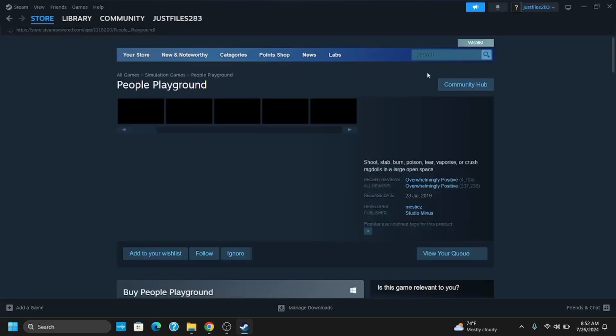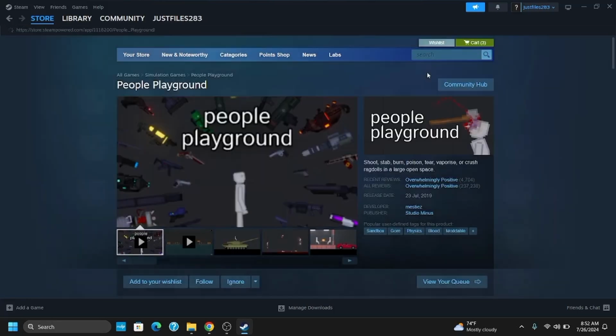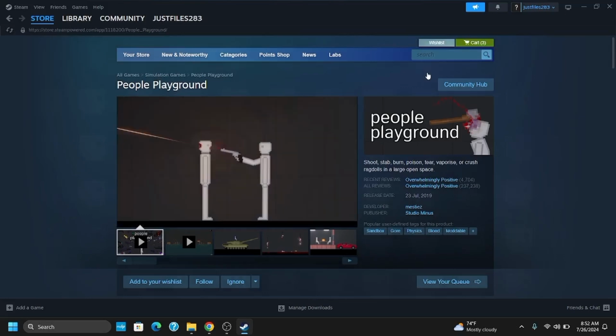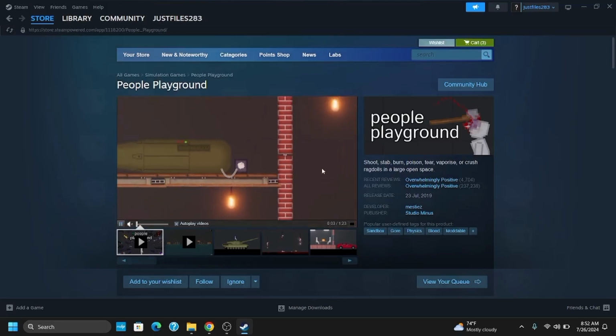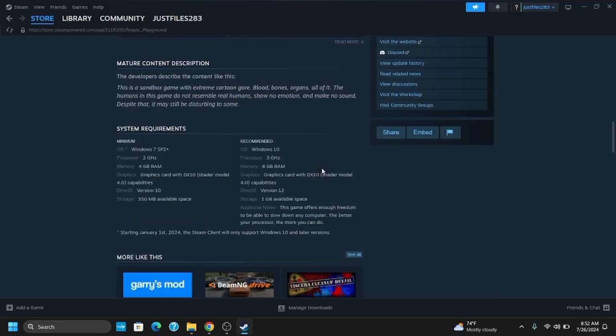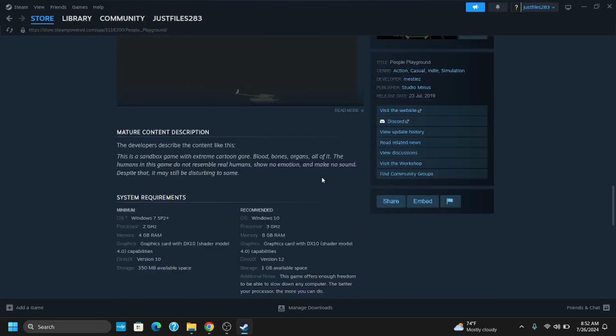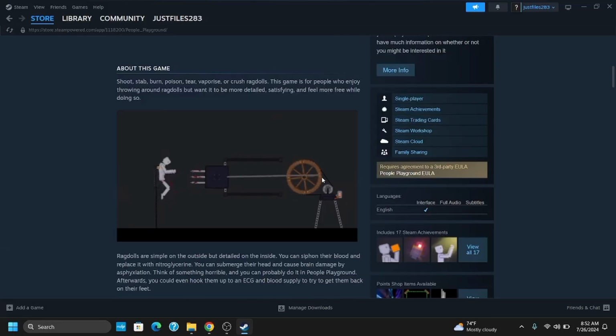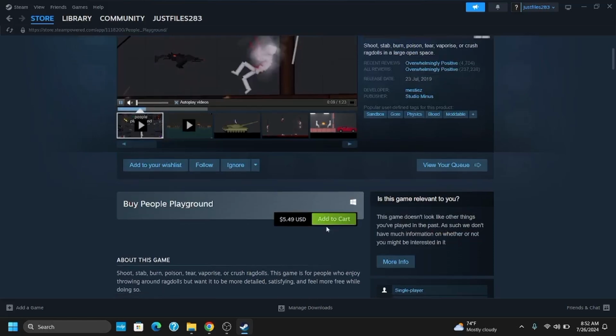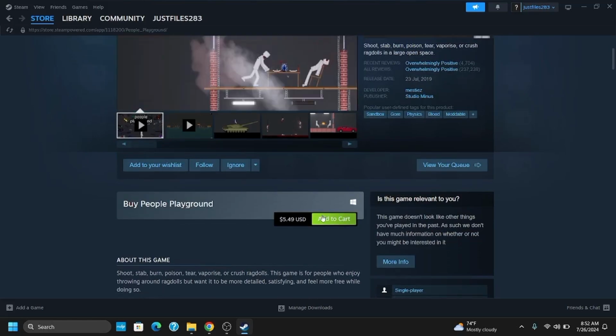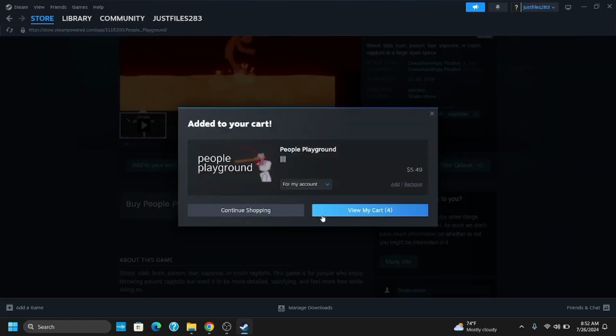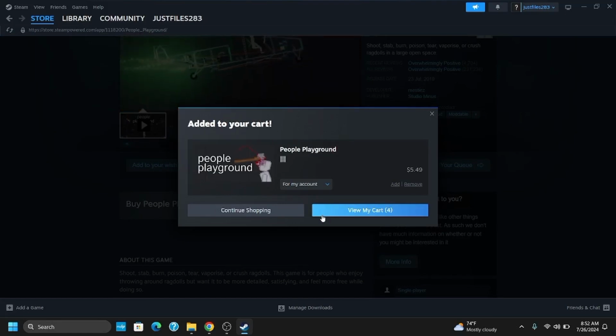After that, it will take you to another page which has the information related to the game. Scroll down a bit to find the edition that you want to download or purchase. After that, tap the Add to Cart option, and once you do that, it will take you to another page. Now just press View More on the cart or View List on the cart, and